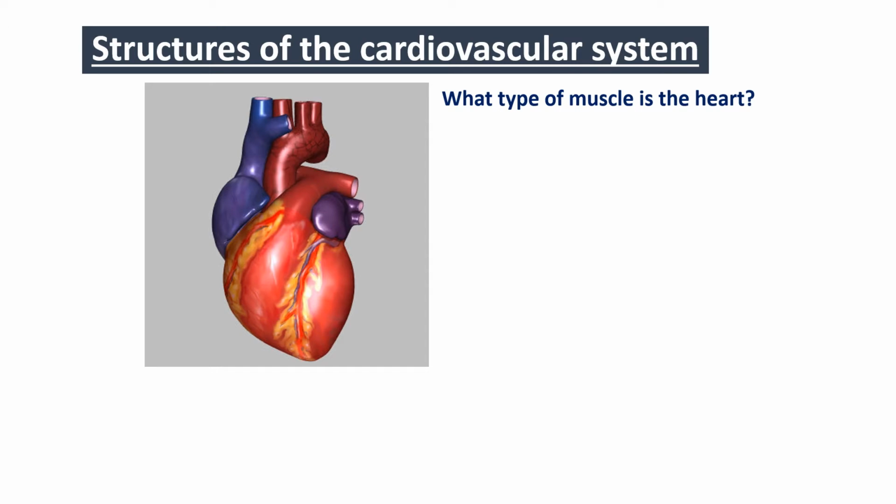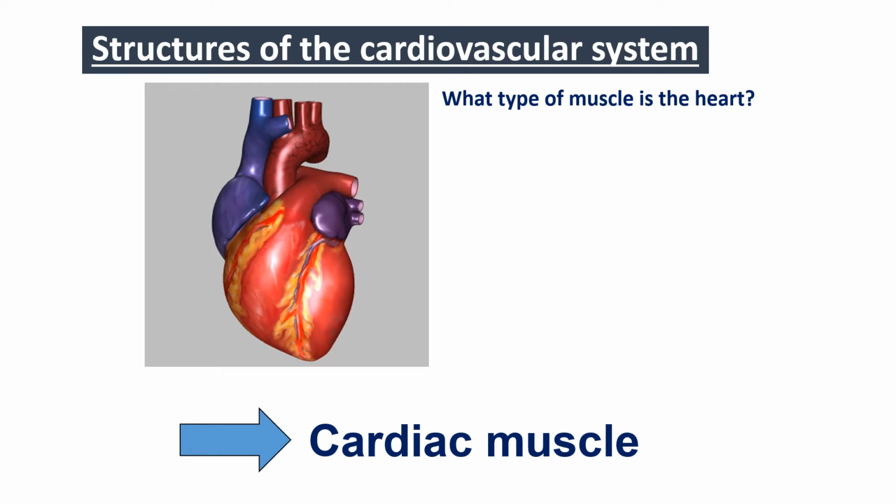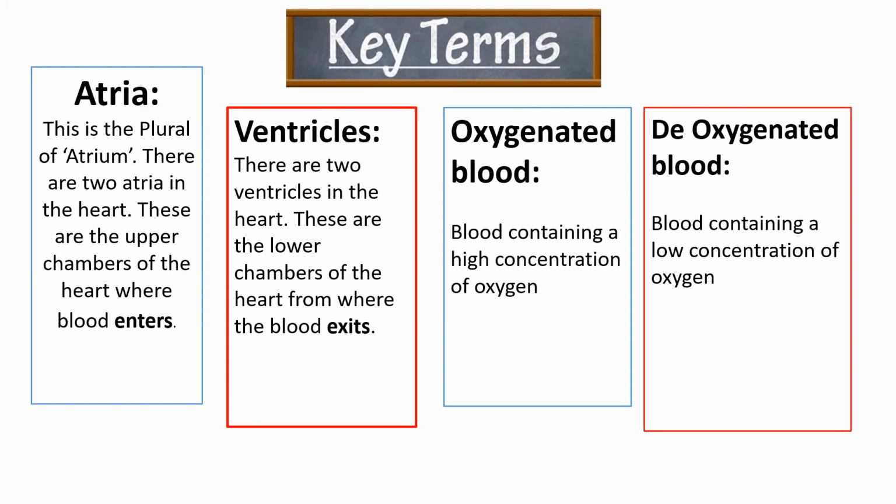So what else can we say about the heart at this stage? That's pretty much it. Again, just remember that this is cardiac muscle. So obviously we've got some key terms that we need to know here. Within the heart, it's broken down into different chambers. So if we think about them like different chambers, like upstairs and downstairs of the heart, and the different sides